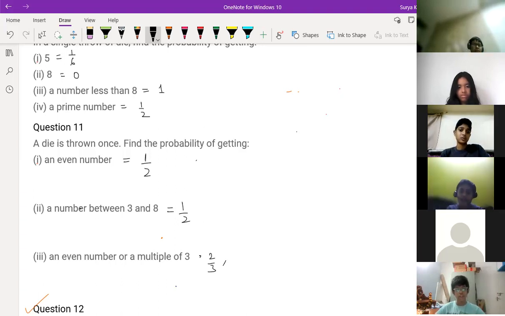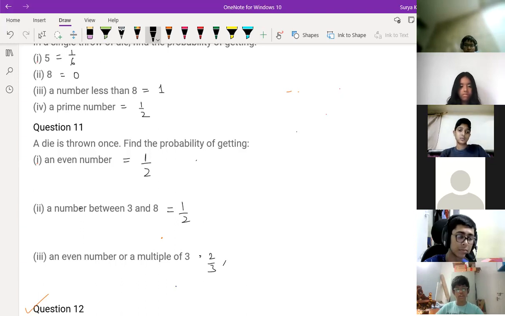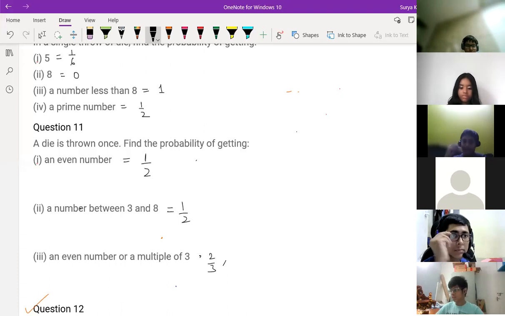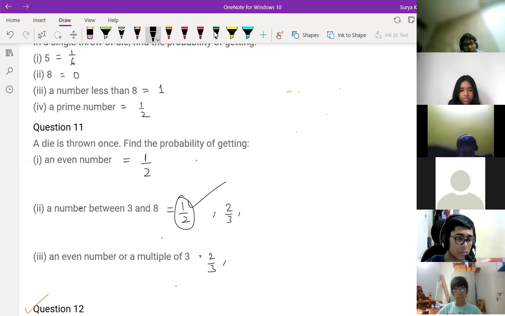Wait. First question, everyone got the same answer? Yes, sir. Second question, anyone getting a different answer? Sir, it's 4 by 6. Sai Ritvik, don't tell, one minute. I'm saying, second question, anybody else got a different answer from this? No, sir. Okay, tell your answer. Sir, I'm getting 2 by 3. It's 4 by 6, 2 by 3, sir. Okay, 2 by 3, right? Anybody else got a different answer? I got 1 by 2.